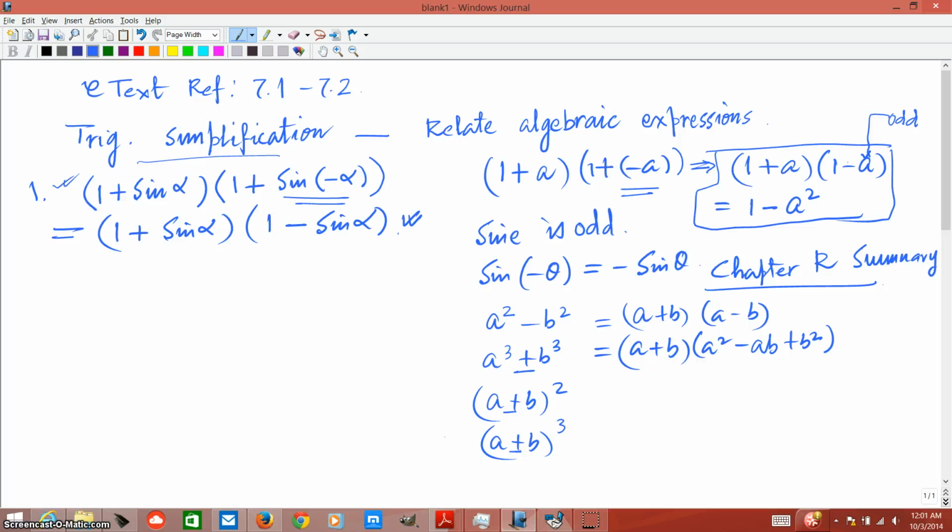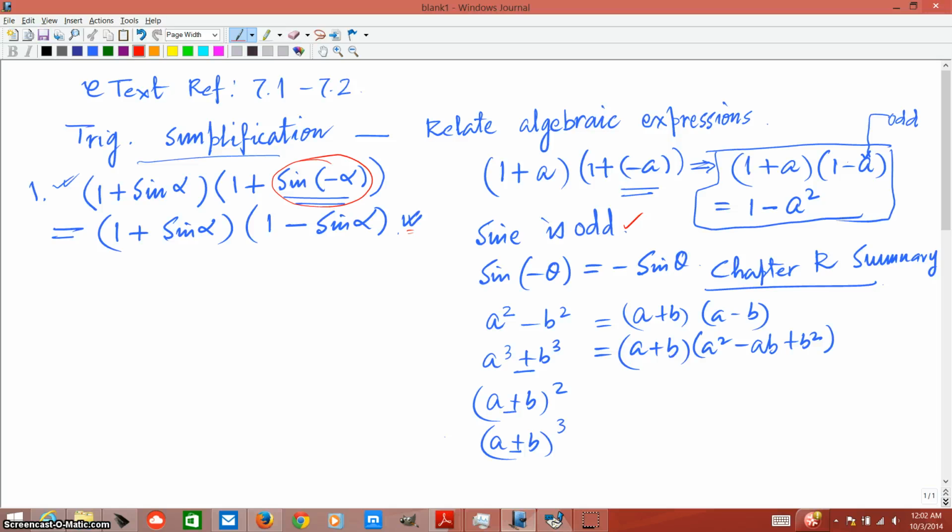Notice for the first problem, this is given in factor form, which is 1 plus sine alpha times 1 plus sine of negative alpha. You can do it in many different ways, but the first thing I would like you to take care of is the negative sign. If you remember that sine function, whether it's even or odd, that's what you need to decide. Since it is already known that sine function is odd, you can rewrite the statement in the second step, which is 1 plus sine alpha times 1 minus sine alpha. So once you have done this part,